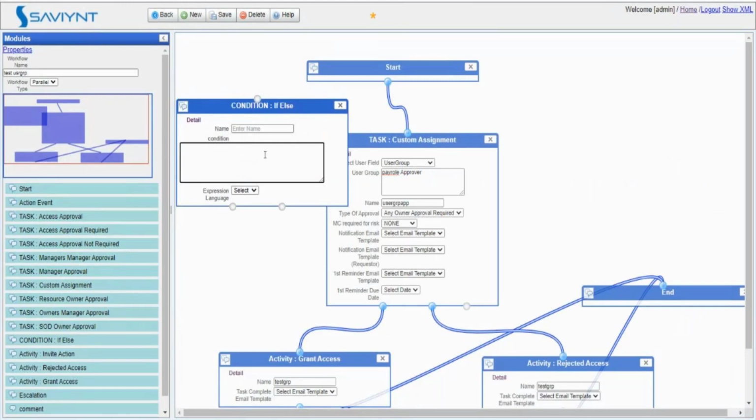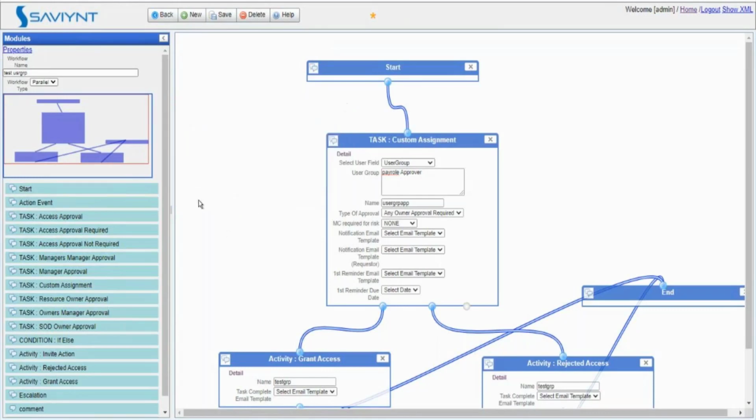Another example could be user. If the requestee is a contractor, then it should go for a certain different approval. And if it's a normal full-time employee, it should go for certain approvals. This is something which we specify using the if and else block. So these are a few examples which we use. Usually we use manager and custom, and the if else block obviously, which we need. Escalation, grant access, approve, and all these things. So this is something which we do, then save,